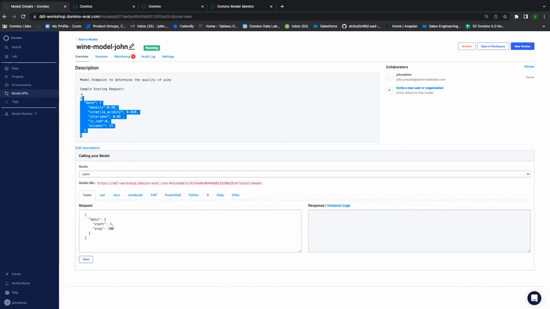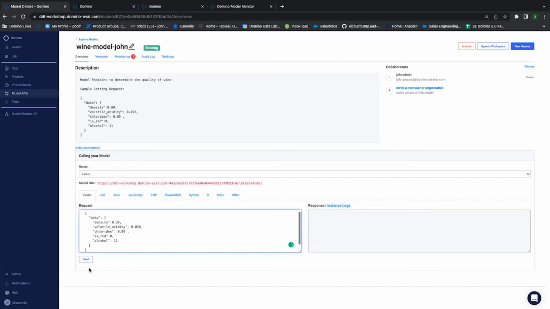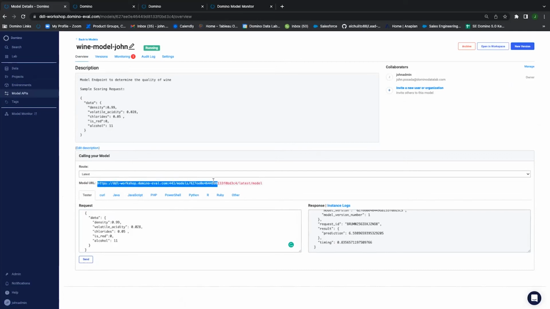I can go ahead and ping it to run some tests if I need to. So I'm just going to go in here, run some tests. When I do that, I can see the results that come out of this. It can work for any programming language with respect to the endpoint that's created in Domino that can be pinged when you provide basically a payload of data. It'll come back and give you a response, which is basically your predictions, as you see here in this example. I got a scale 1 to 10, like I mentioned before. This wine specifically, based on the features that I have selected as the payload I've sent, is saying that this is a 6.59. It's not that great of wine.